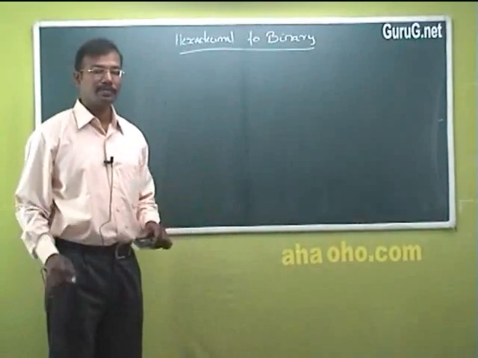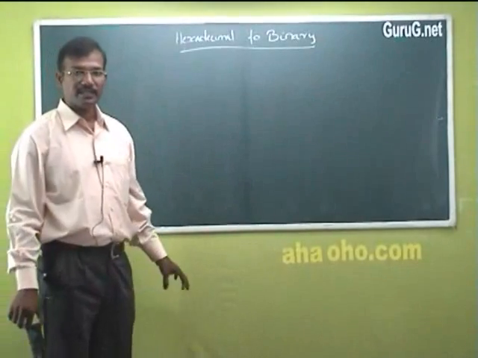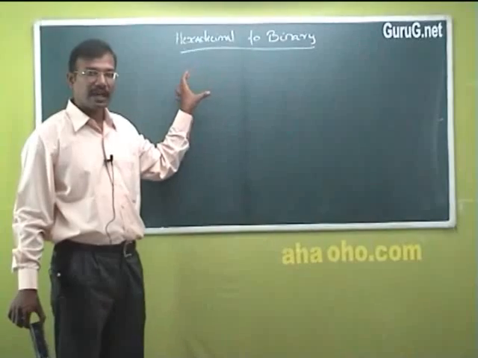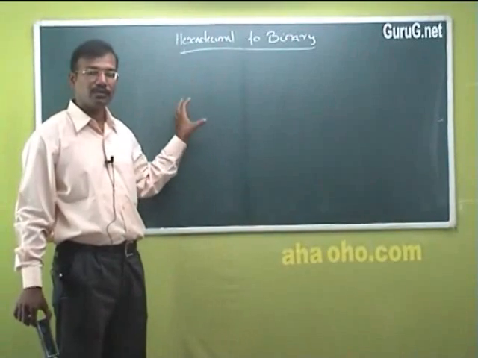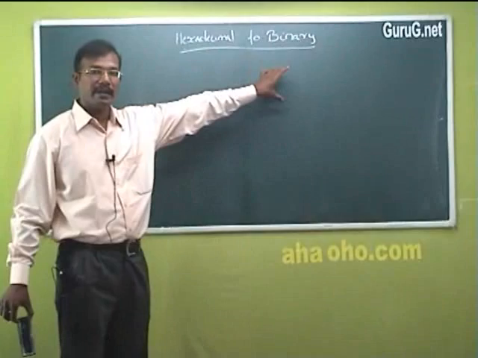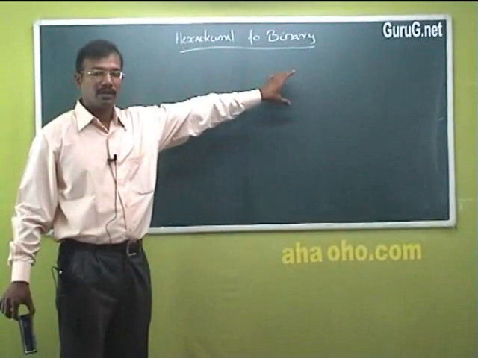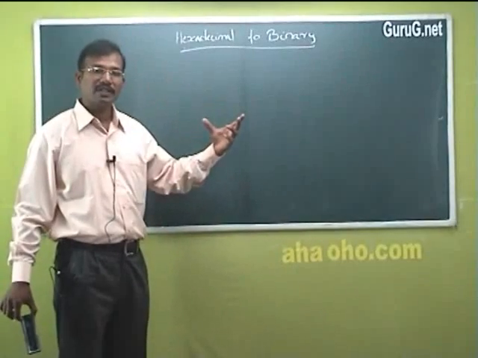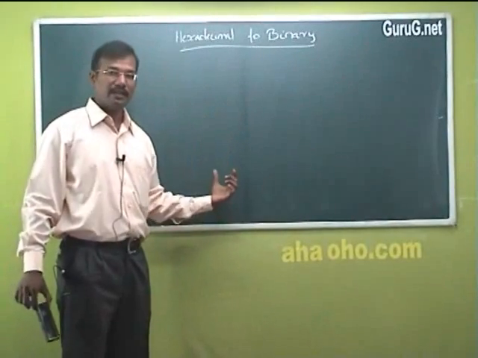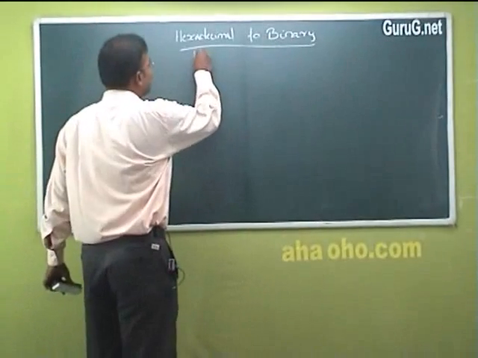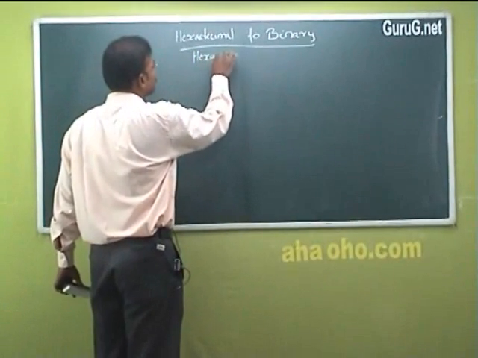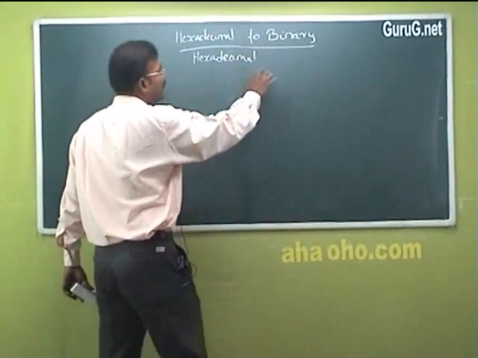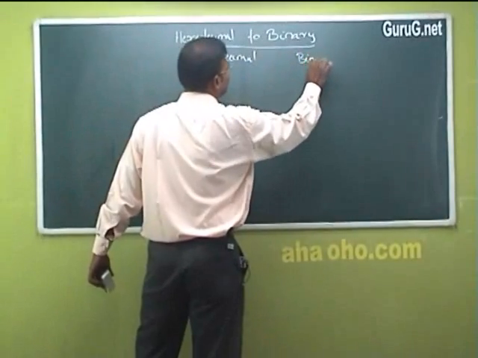First we will see, similar to the previous case, how the hexadecimal value has the equivalent in binary. Because we have seen the octal representation and the equivalent binary value for your octal number, and similarly for hexadecimal, what are all the different equivalent representations for each and every hexadecimal digit. First we will see the hexadecimal digits and their binary equivalents.